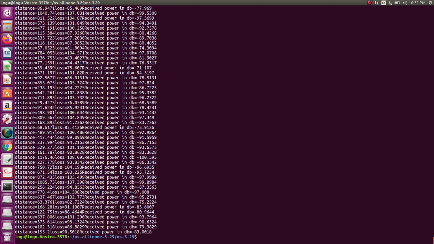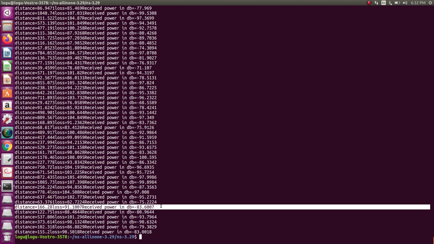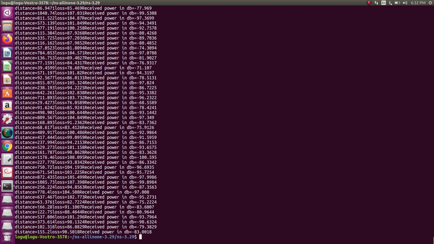So for example, let me take one example, this one line. The distance is 166.28 meters. This is one node.